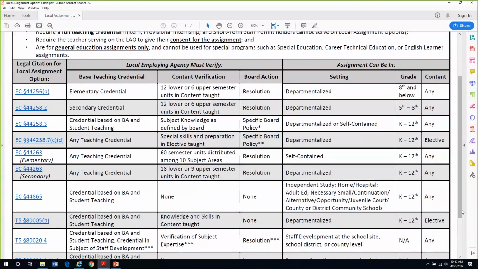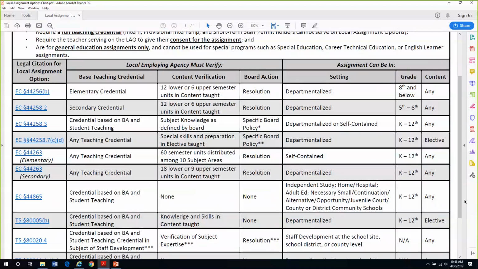part of the area that is under one of the new attributes is that you can choose to say that a particular teacher's assignment falls under one of these local assignment options in the education code. But you don't need to worry if you don't have that information ahead of time when you enter in your CalSAAS data. It's okay. It lets you be proactive if you can put it in that way. But if that's not possible in your district or county, then the CalSAAS system allows you to put it in as justification after the fact too. So you can catch it both beforehand or afterwards.